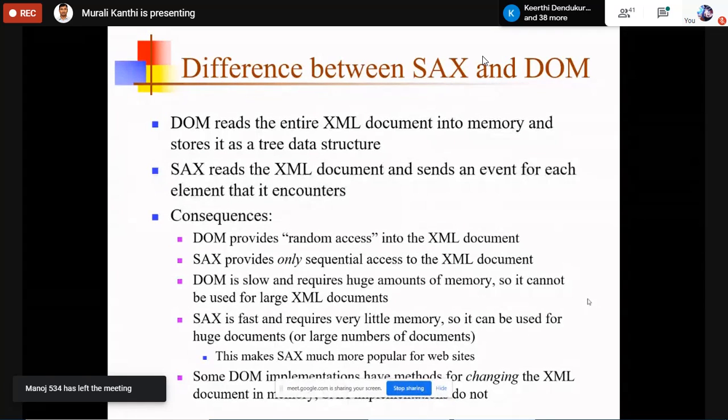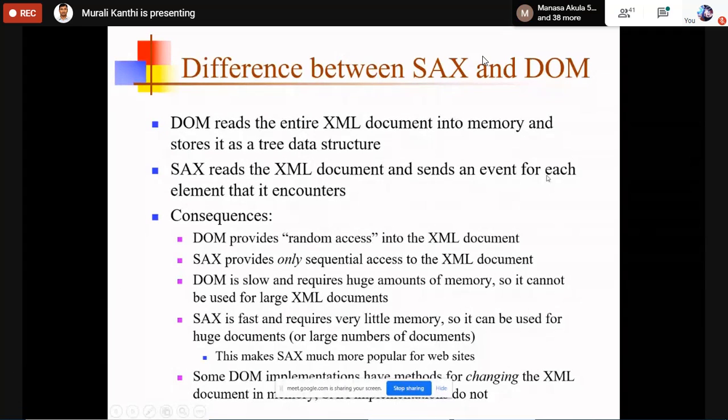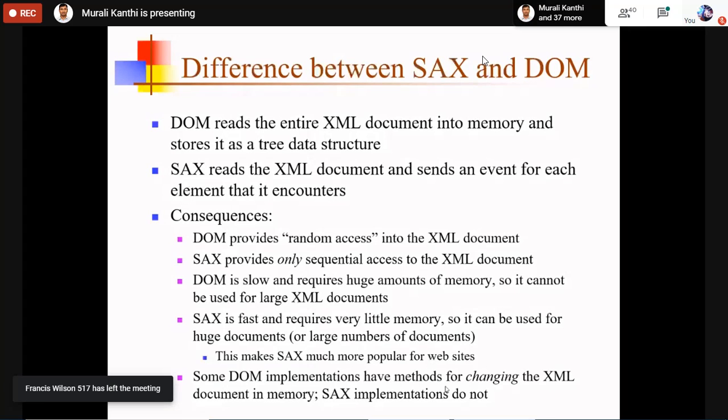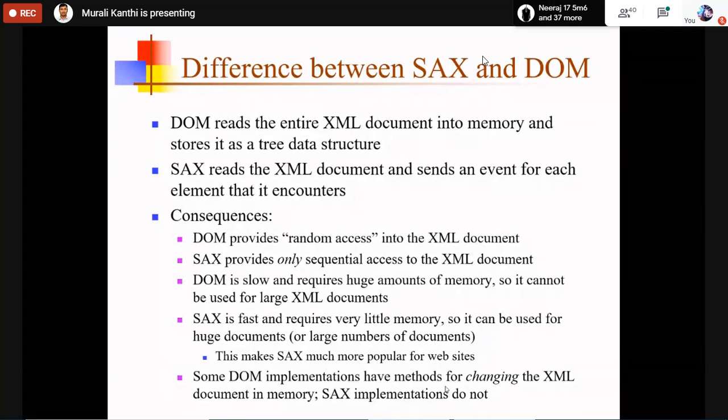Then, some DOM implementations have methods for changing the XML document in memory. SAX implementations do not have them. Okay, this is one more difference. So DOM has an advantage compared to SAX. Some special methods are there for changing the XML document in memory.